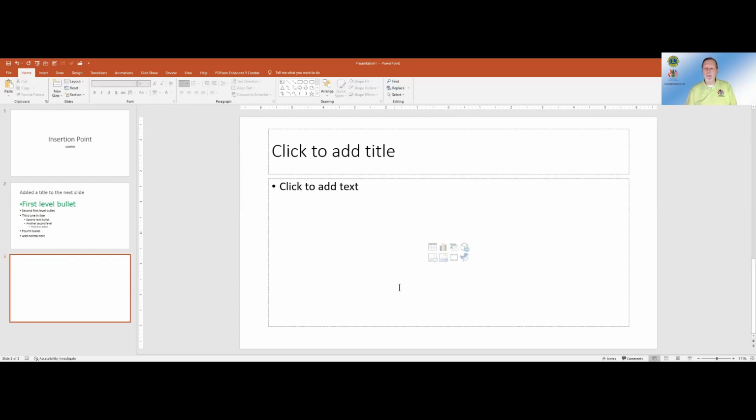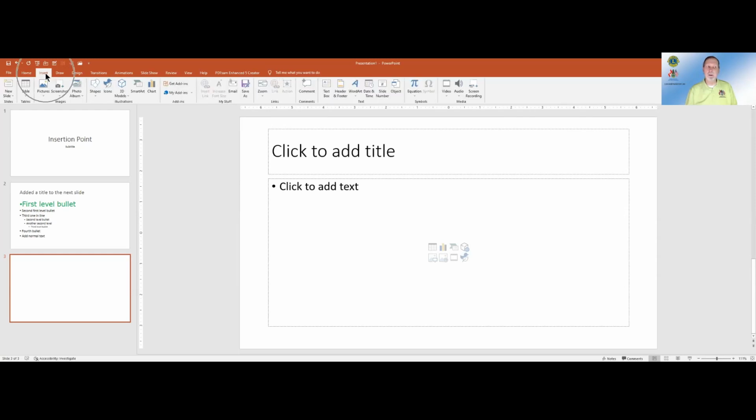I want to point out that each of these you can likewise insert into any slide from the Insert tab. And you've got all these possibilities over here, as well as others. But again, these are some of your more commonly utilized tools. So what I want to do is I want to add a picture. Now again, a picture is considered to be an object, more of a graphical object, but it's an object nonetheless. So I'm going to add a picture as I fire up from the Insert tab, Pictures here.